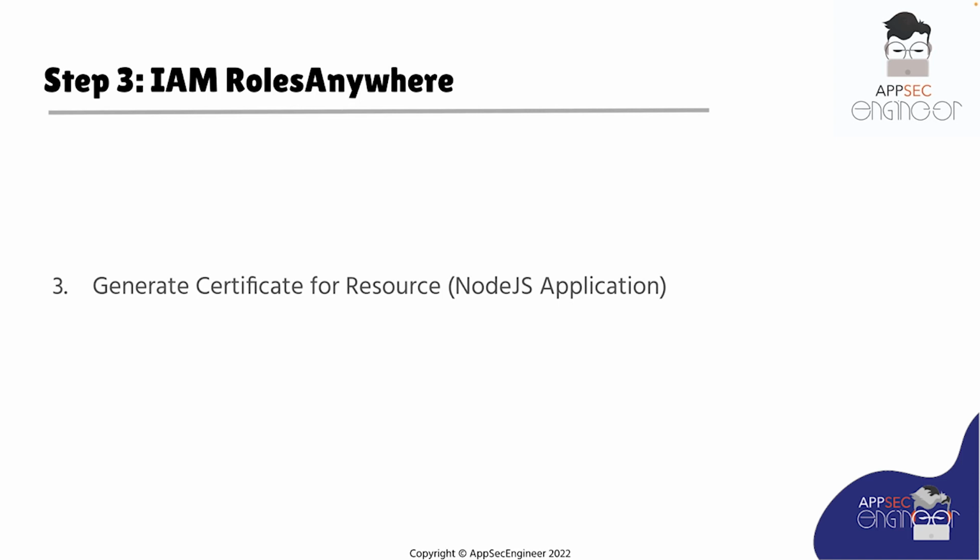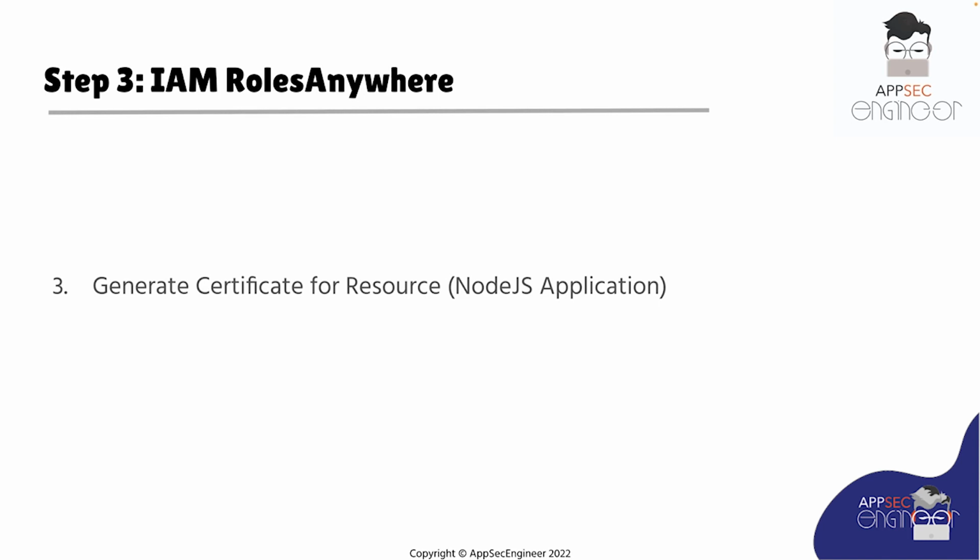Now, this certificate is first going to be verified by the AWS control plane, just to make sure that it is actually being verified against the trust anchor that is there. And then the access is validated based on the common name that is there and the policy it's allowed to define and so on and so forth. And once that is done, it's allowed to access that resource and get the credentials to be able to access DynamoDB or S3 or whatever it's scoped to access. So step 3 is for us to generate a certificate for that non-AWS resource that is going to access